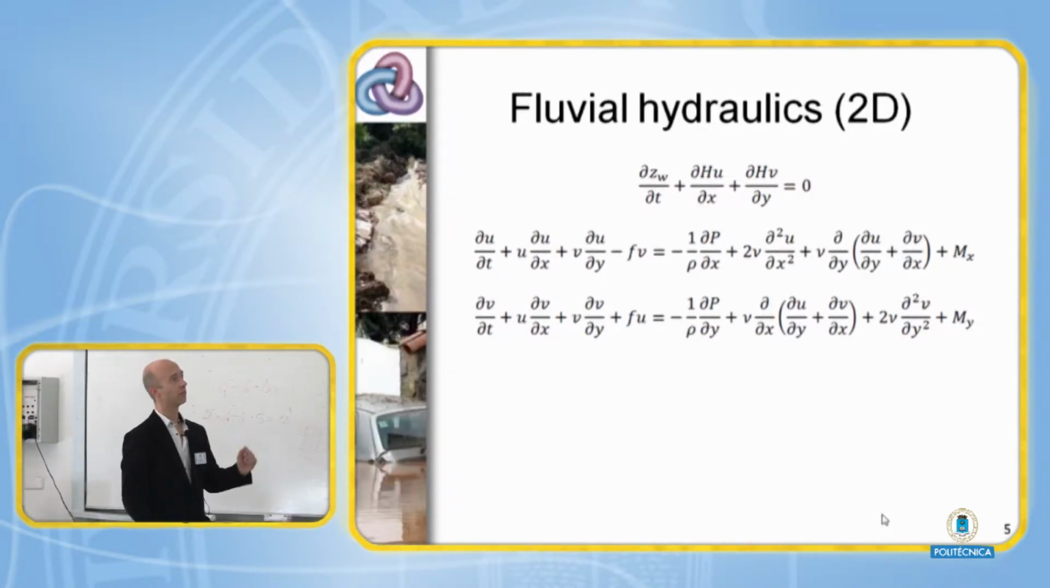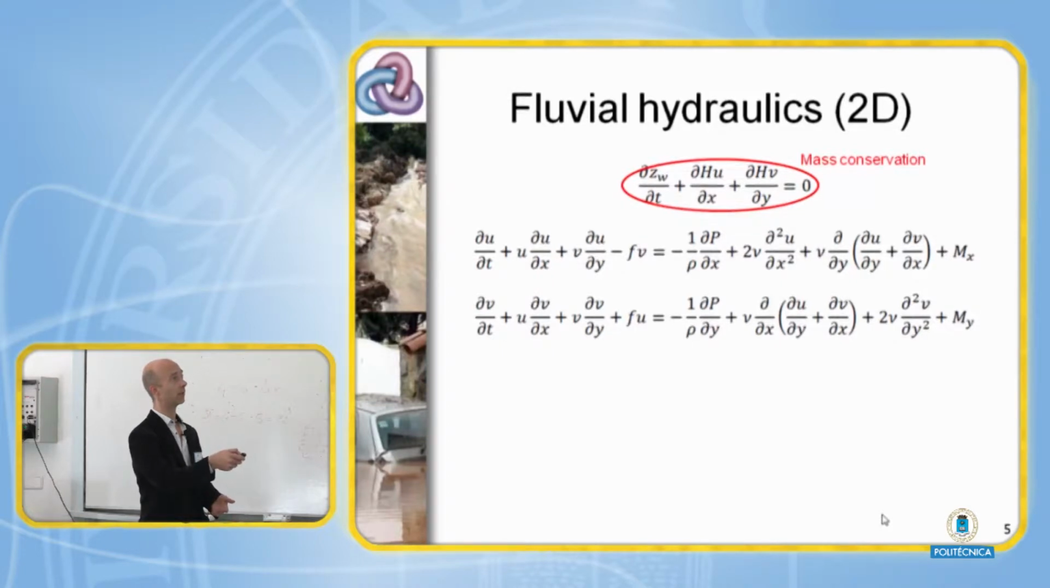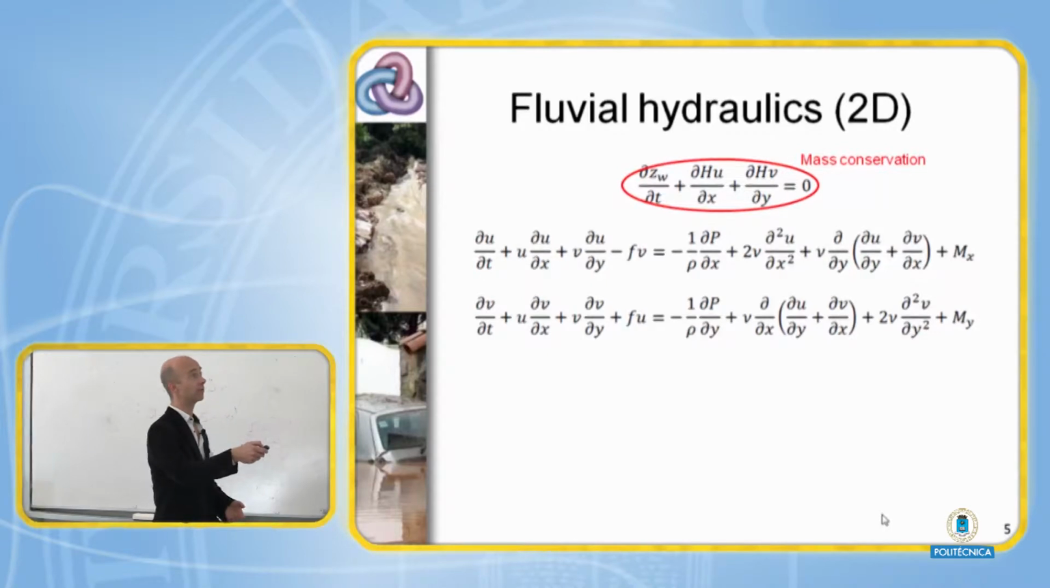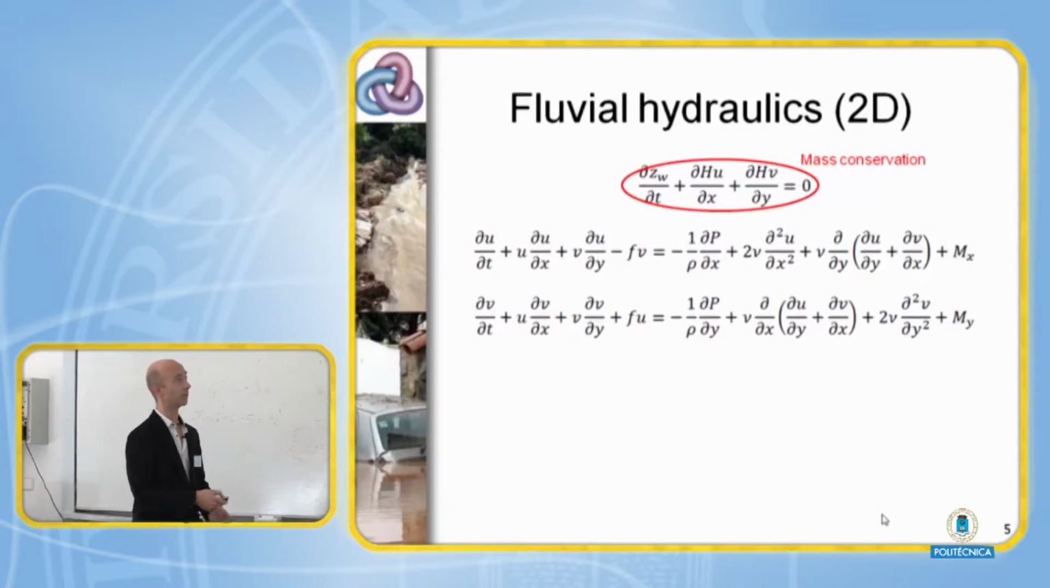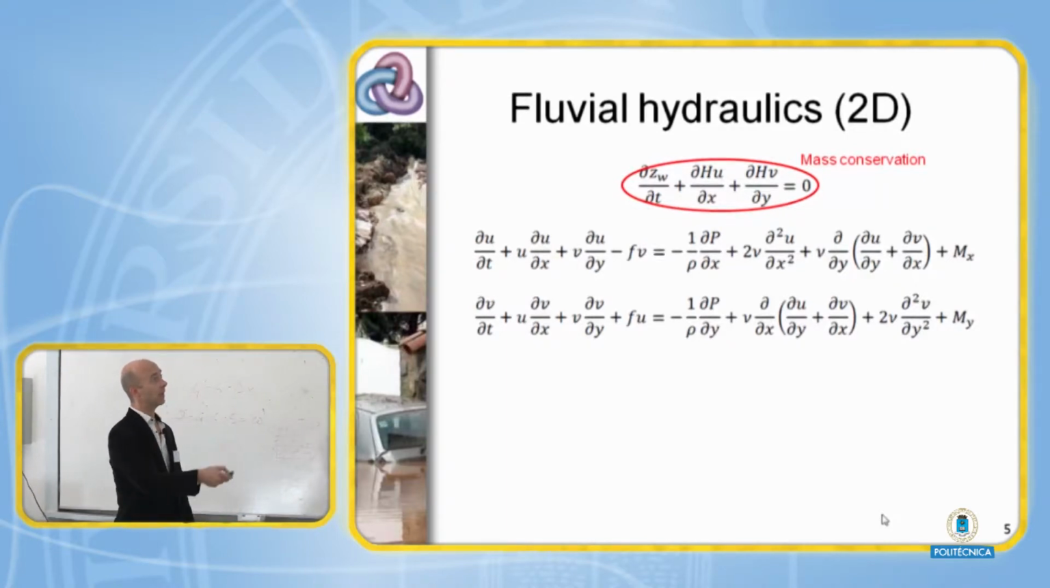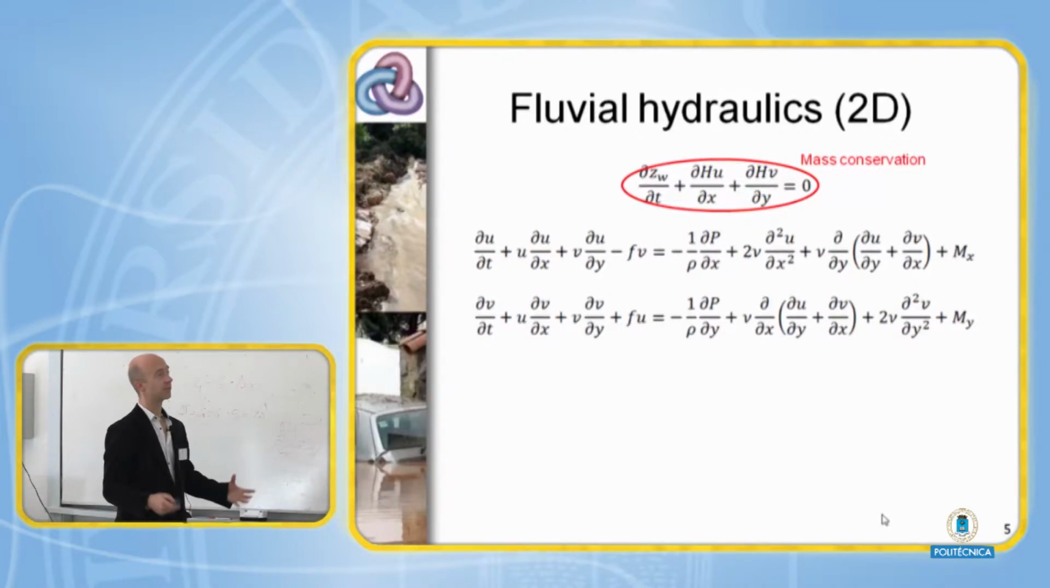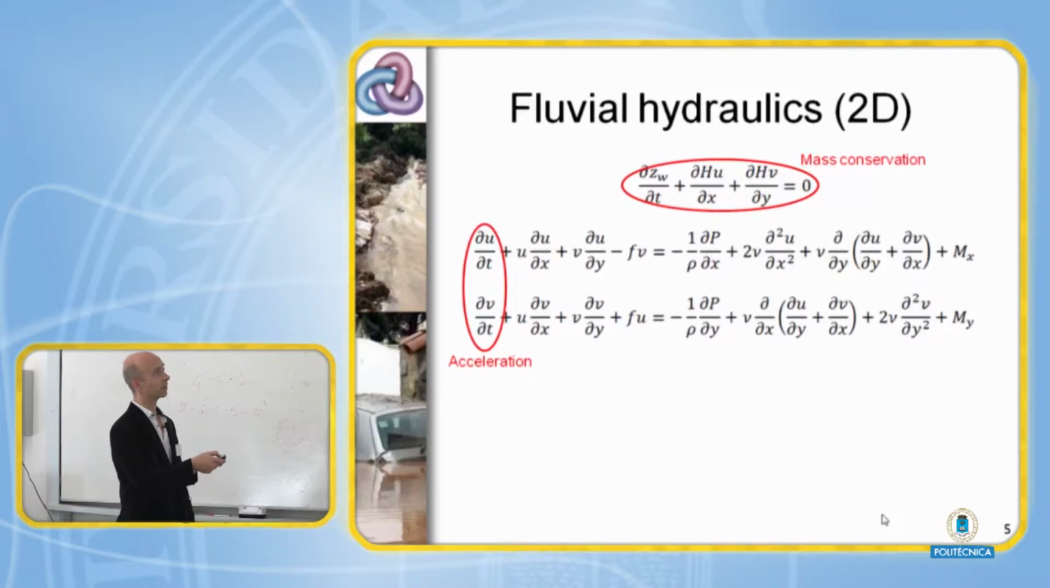So let me go to these equations step by step. Well, we have the continuity, the mass conservation equation. The water level goes up if the flows, the discharges, water depth times velocity, are not equal. Then the water level goes up. That's simple enough. If we then look at the momentum equations, we have